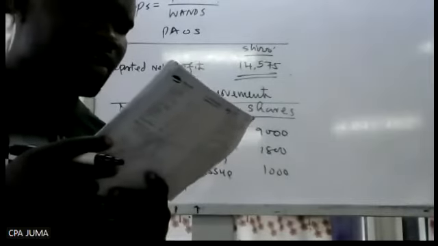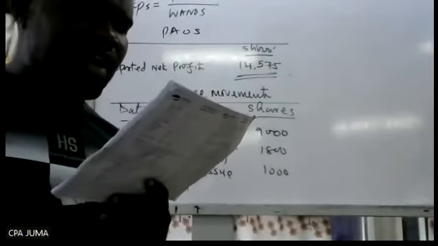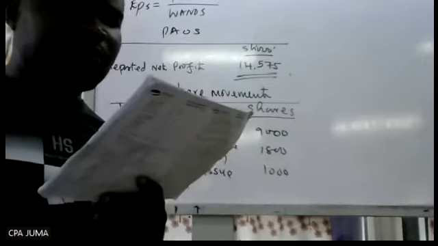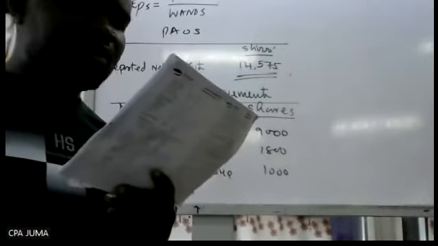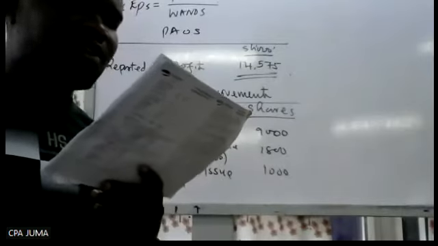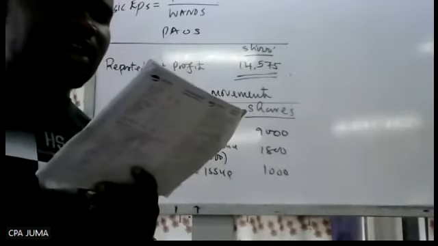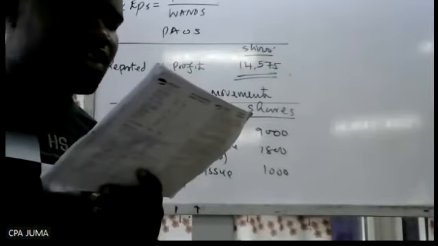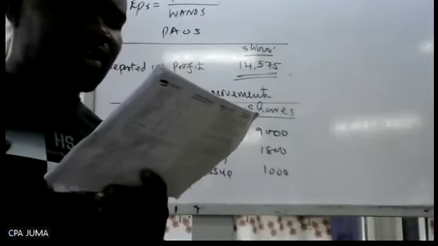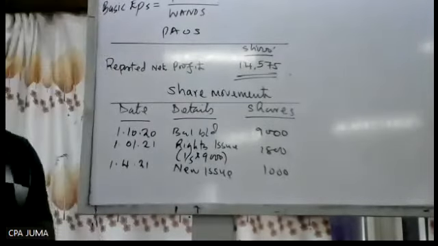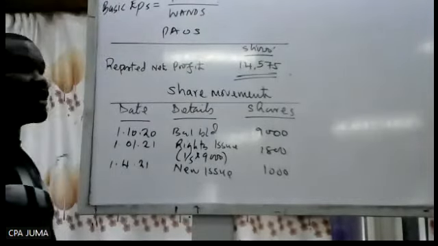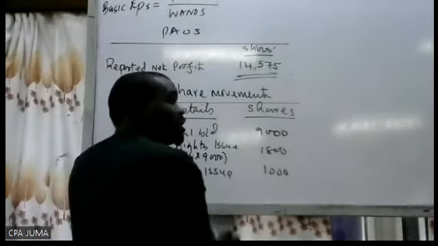Number 3, on 1st July 2021, the company issued 5 million convertible bonds with an effective interest of 12. The bond is convertible into ordinary shares at the holder's option on the basis of 60 shares per 1,000. None of the bonds were converted, so don't bring them here. Full stop.